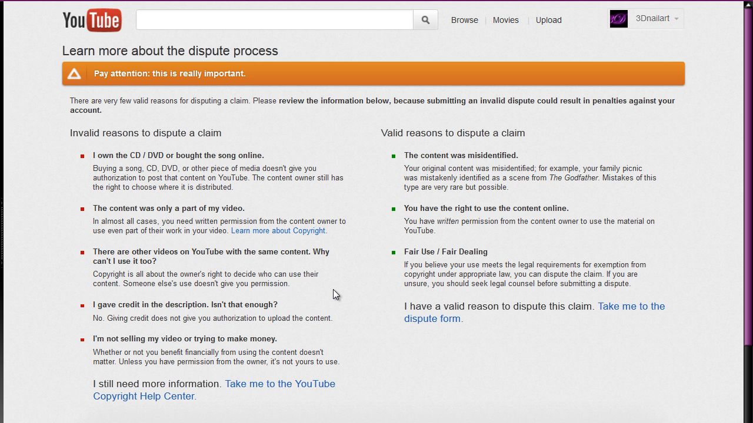It'll take you to the dispute information. When it takes you to learn more about the dispute process, you'll read here, it says, pay attention, this is very important. There are a few valid reasons for disputing a claim. Please review the information below because submitting an invalid dispute could result in penalties against your account. Now, it doesn't really say what the penalties are, but